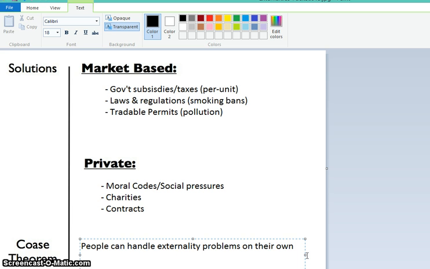The classic example is your neighbor has a very loud dog, and this dog is so annoying to you, you really want to kill the dog, but you can't kill the dog. So according to Coase, what you would do is say, okay, my sleep is worth $100. And you'd go over to your neighbor's house and say, look, man, I will pay you $100 to make your dog go inside, or $100 to kill your dog, whatever, something to shut the dog up and get your sleep.